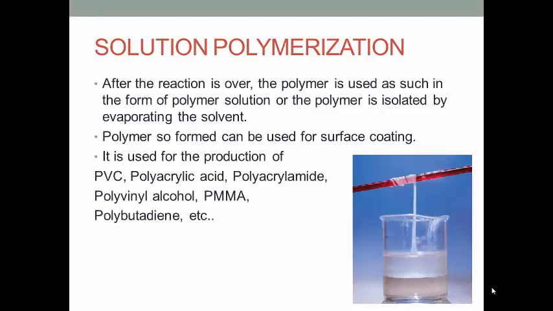Benzoyl peroxide, soluble in monomers or solvents, is used as the initiator. The feature of solution polymerization is that the polymerization degree and rate are reduced compared with the previously seen bulk polymerization technique, as the heat released by the reaction is absorbed by the solvent. So it is easy to adjust the temperature. Solution polymerization is quite useful when a polymer fluid is needed, but to obtain the polymer in solid form, you need to remove the solvent and collect the polymer. In this procedure, PVC and PMMA, and also polyvinyl alcohol, can be produced.